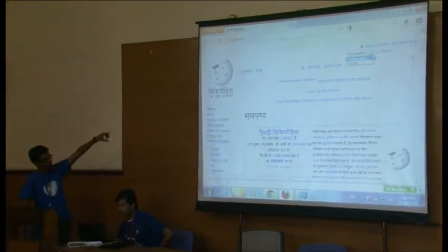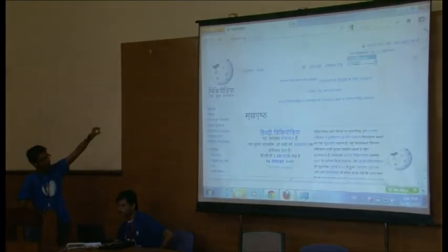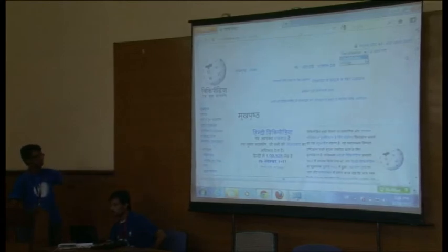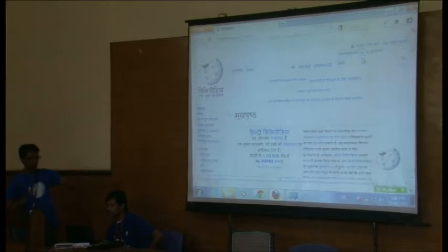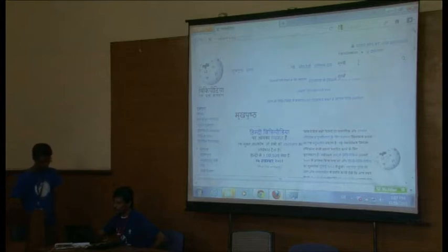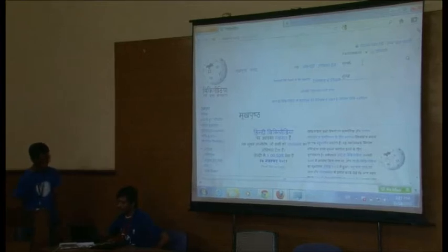So you can see right there is a drop down. You see the transliteration and inscript. Transliteration is just the way we speak, the phonetic. For example, if you want to type Mumbai, you have to type M-U, M-B-A-I. It's Mumbai, it's A. Instead of E, you have to type I.